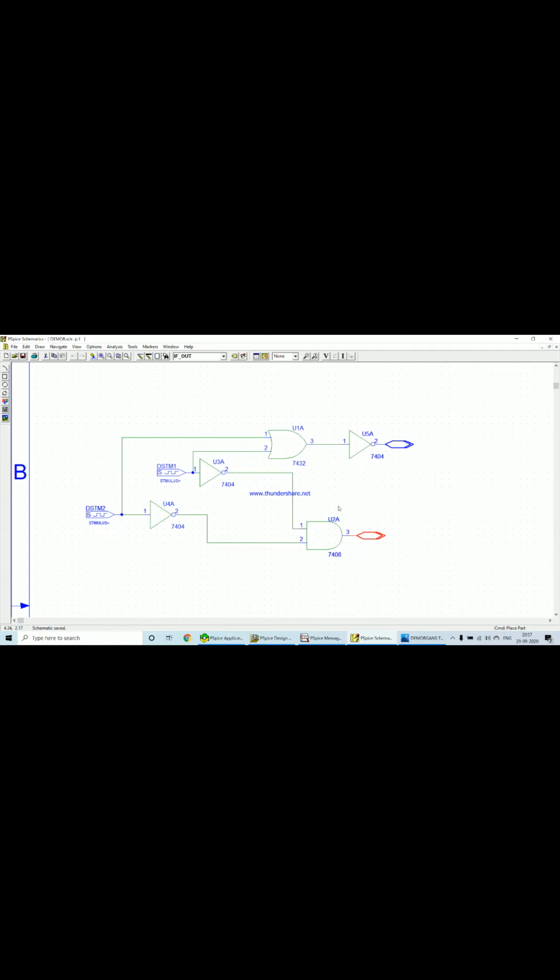Okay. Now I need to adjust these inputs. I need to give values to these inputs. I need to define the time and period for the square wave. Both should have a different period so that I can differentiate the A and B waveforms. So first I'll name this stimulus as A, and then I'll name the other stimulus as B. If you double click on a stimulus, you will be able to name it A and B. So this is my input A.